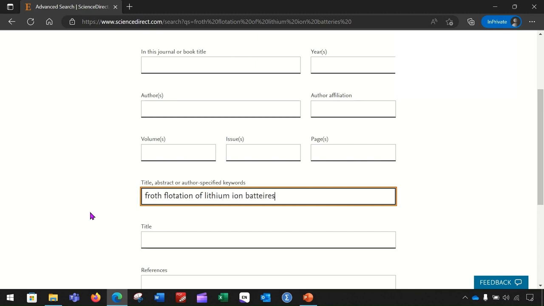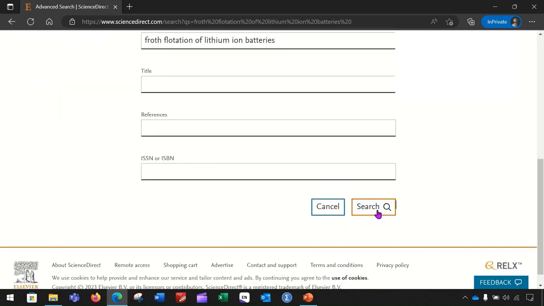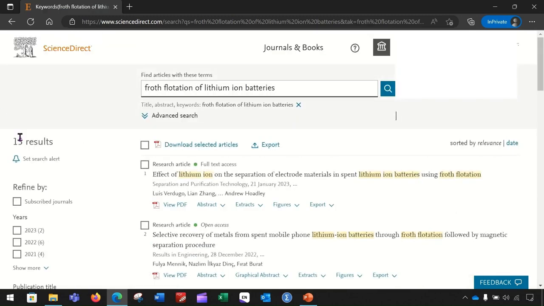lithium ion batteries, and then I will go back to the search tab, and if I click on the search tab, now it gives me only 15 results. So from 307 articles, the